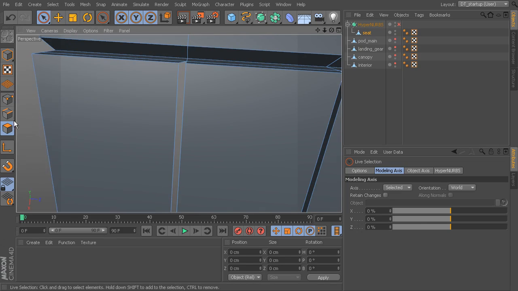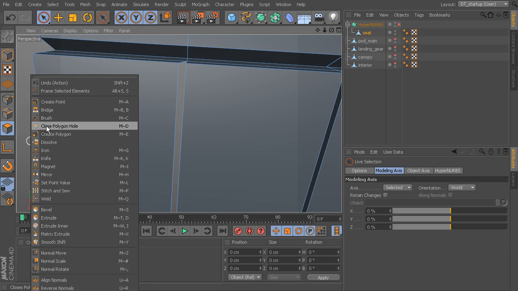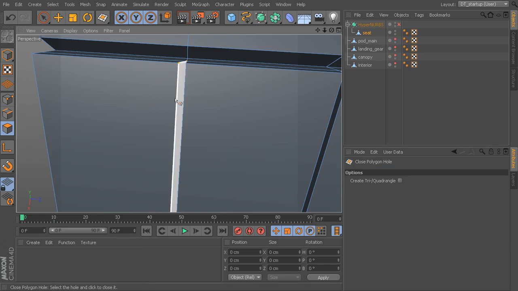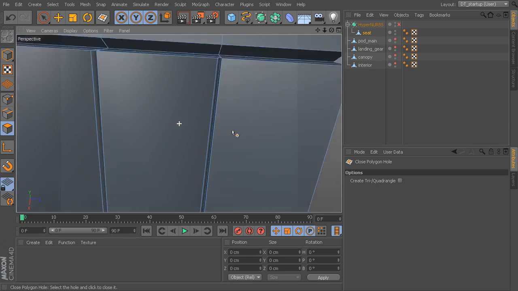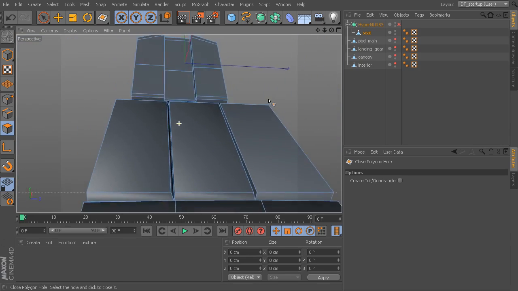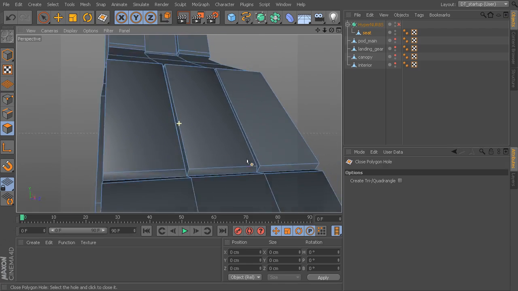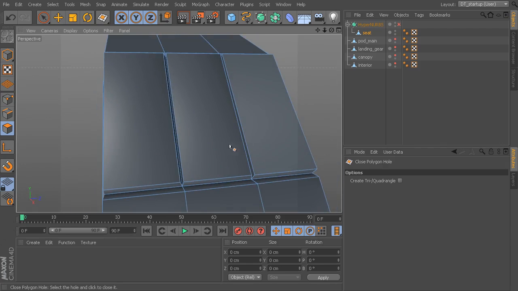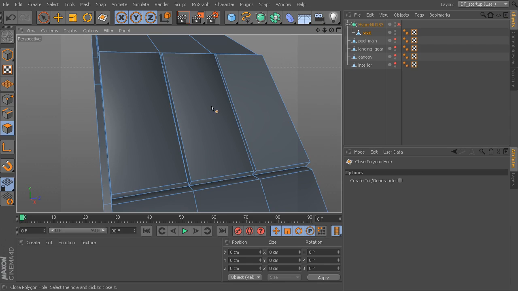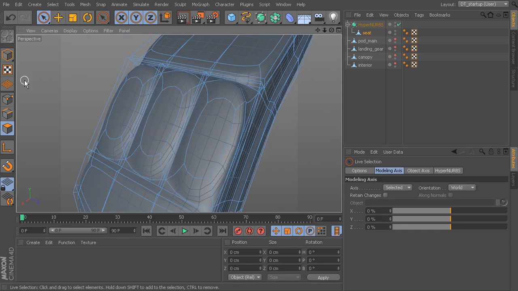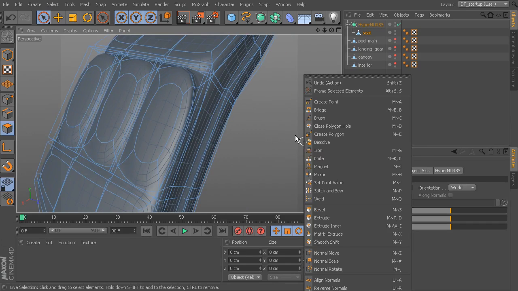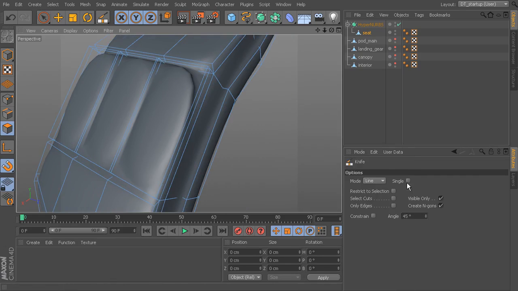So what we can do is actually use something called close polygon hole. Go in here, click on that hole, click on that hole. You can see as we hover over it, it's smart enough to realize that that's a hole, and now we've got those all separated out. Okay, so even if you hadn't gone ahead and extruded that, you could still do the same thing here. So now you can see we get separate bits here,